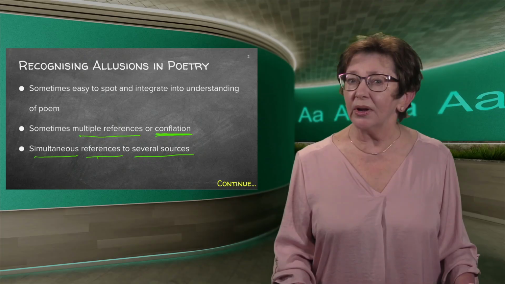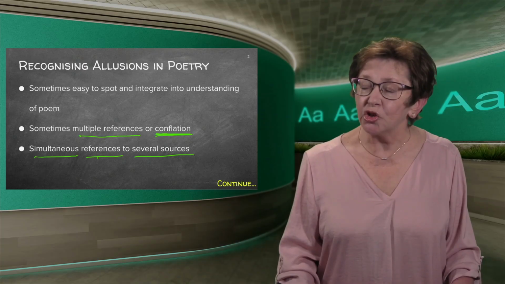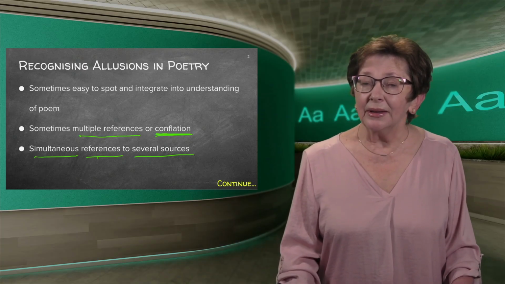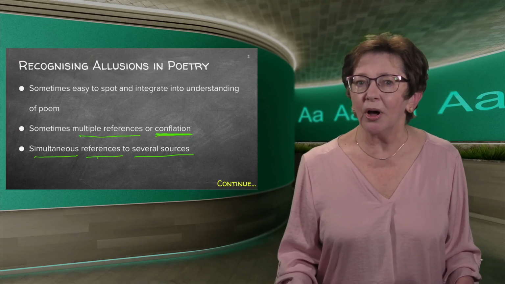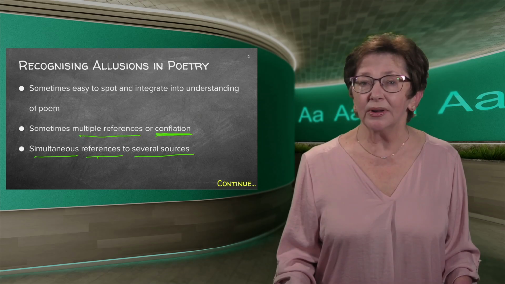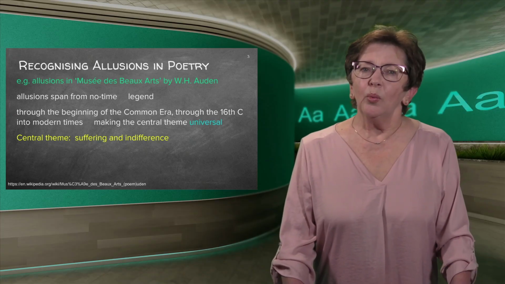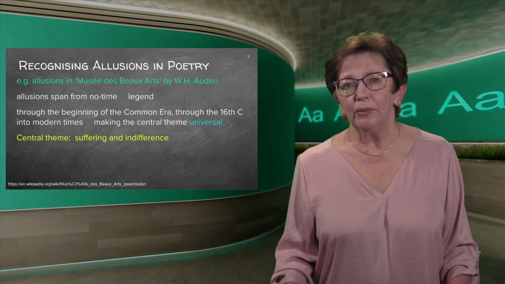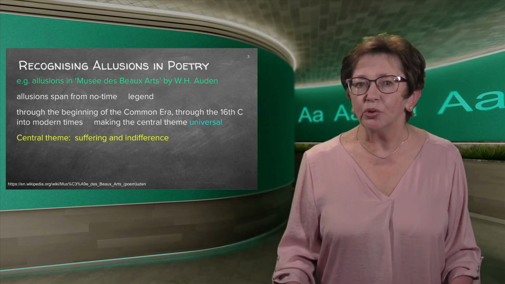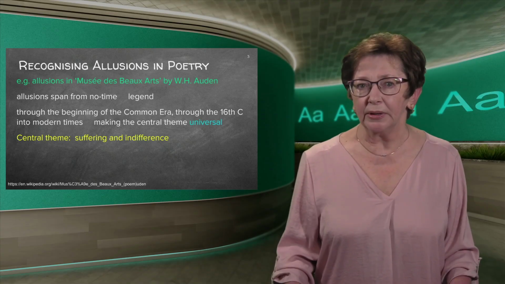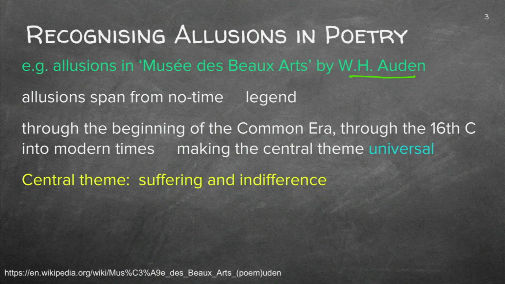Now, that can make it quite complicated to unravel, but once we do manage to unravel that, you'll just see how the layers of meaning actually just come out naturally. And it's quite an interesting journey. So we're going to look at a poem, or parts of a poem, in which this method is used to very, very great effect. And it is a poem by Auden, W.H. Auden.